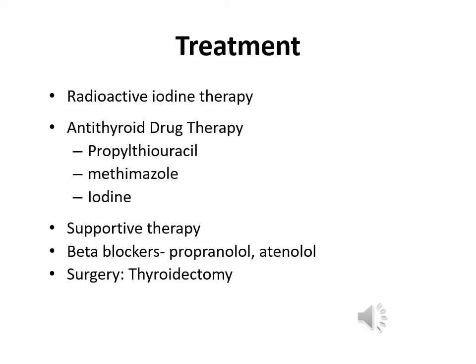Radioactive iodine therapy is the treatment of choice for most non-pregnant adults. It damages the thyroid tissue, thus limiting thyroid hormone secretion. It may take up to 3 months to see results. For this reason, the client is often treated with antithyroid medications before and for 3 months after starting radioactive iodine therapy treatment. Many clients have post-treatment hypothyroidism, which results in the need for lifelong thyroid hormone therapy.